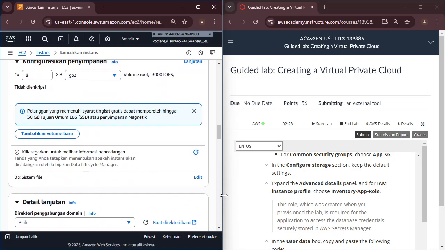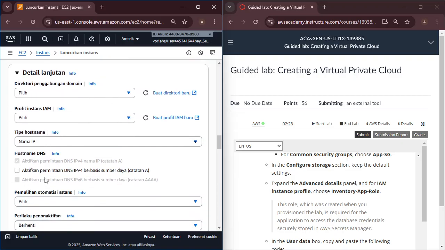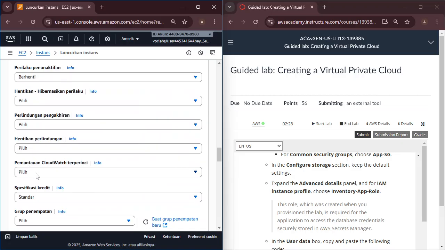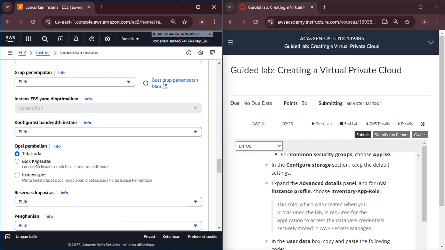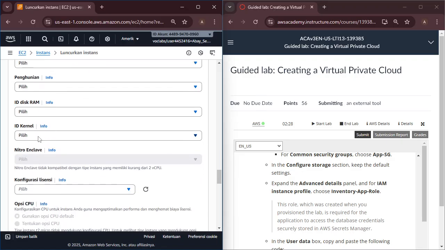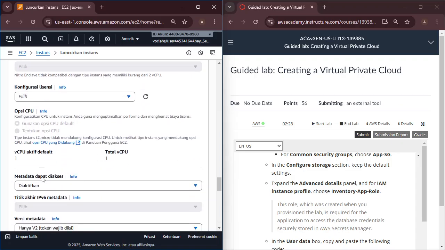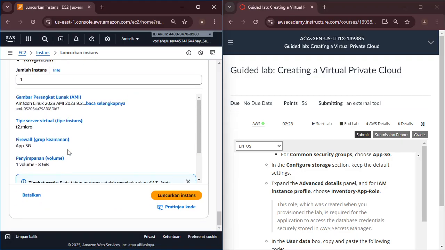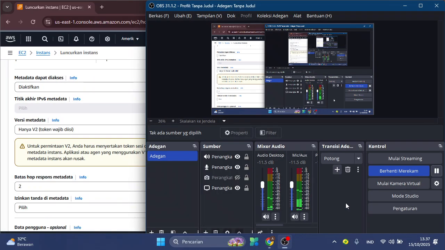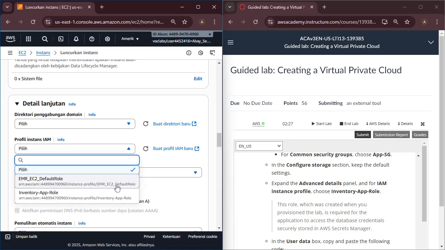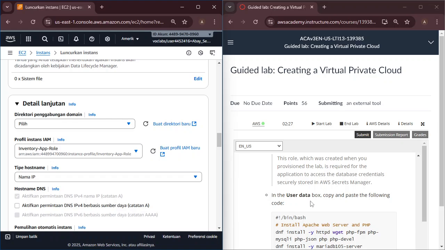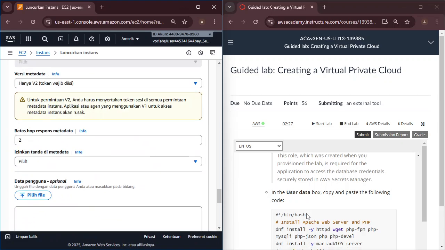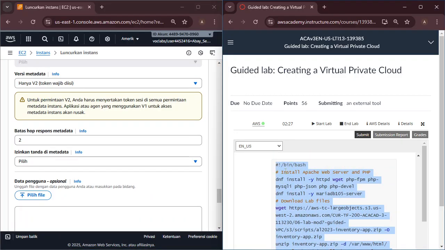Advanced details, and for IAM instance profile, okay, on the instance IAM, we choose the inventory app role. In the User data box, paste this command.